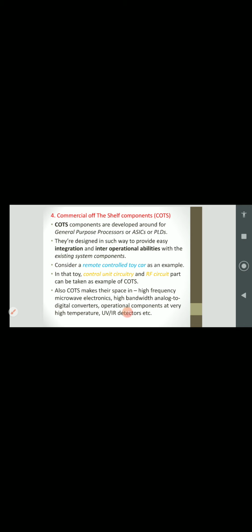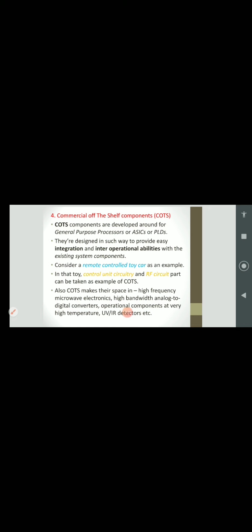So if it is a remote controlled car, we have a remote for that car, and there is a receiving circuitry available with the car. To make communication between the remote and that car, we use this COTS, and that is used in control unit circuitry and RF circuitry.